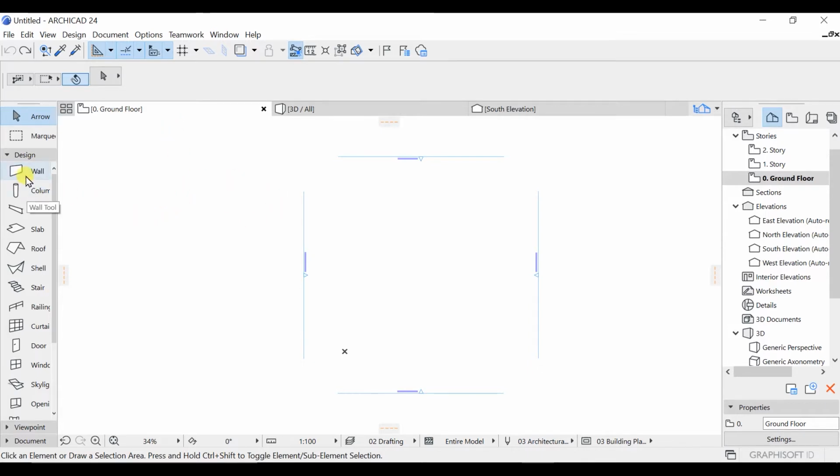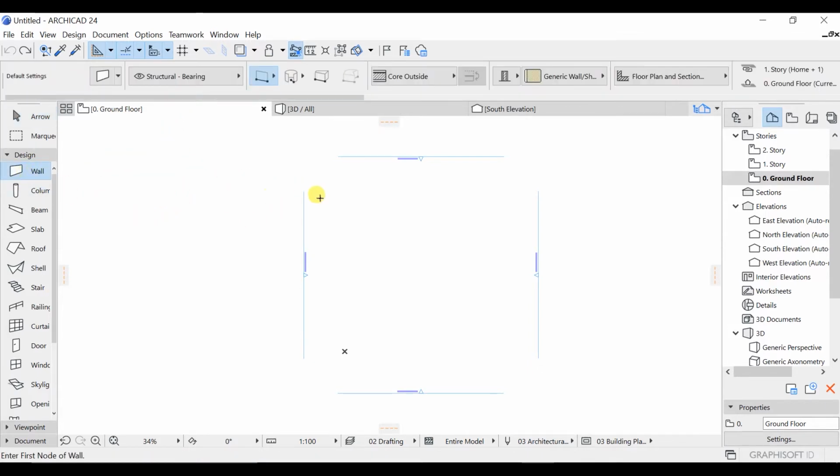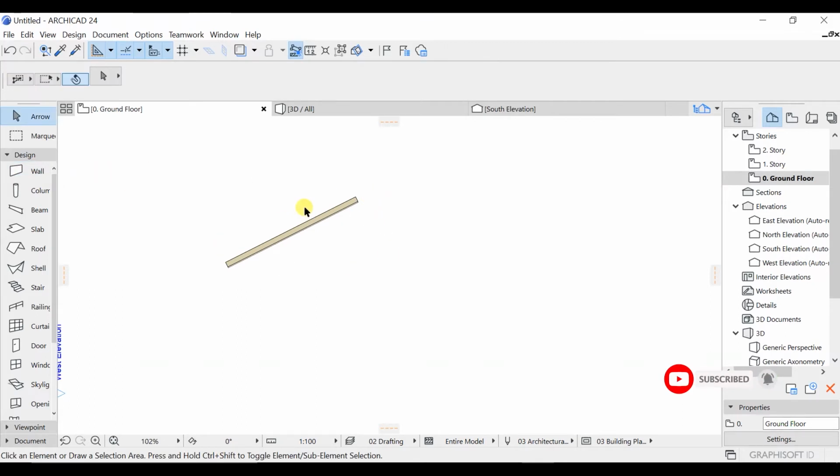And after that, I will go and select this wall option, and I will take my mouse cursor, zoom in this region. Okay, let's say in this region, and I will do a simple click here and a simple click here just to model this wall. And after that, I will just press escape two times to get out of this wall command. As you can see here that I have not selected any command, and you can verify the same from here as well.